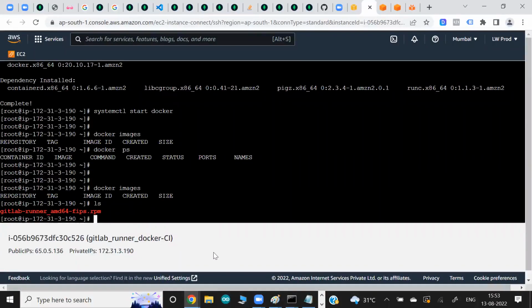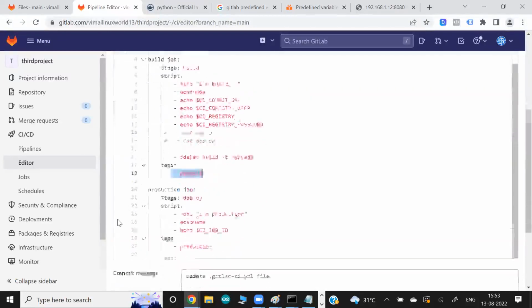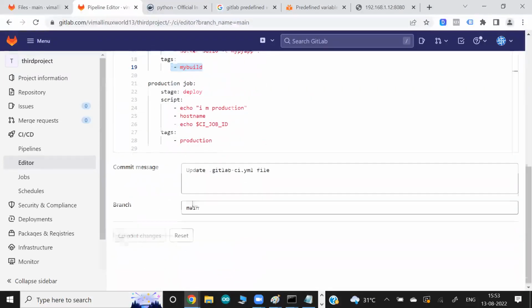Okay. Everything is being managed, centralized in my GitLab. My code is there, app is there, Dockerfile is there. Okay. But this instruction from GitLab comes to this runner and asks this runner to build the image. Okay. So let me show you. So now when I run this, just this one command,